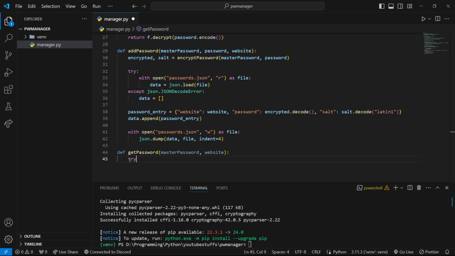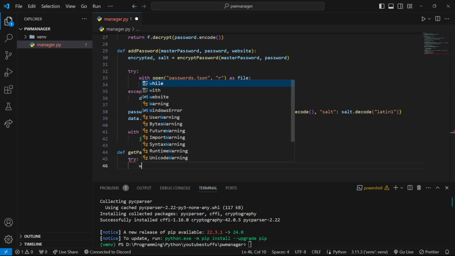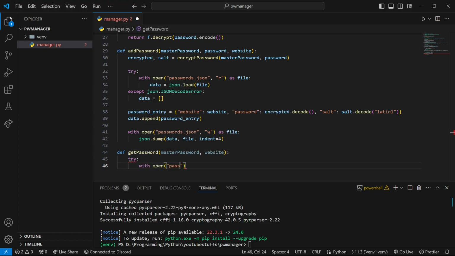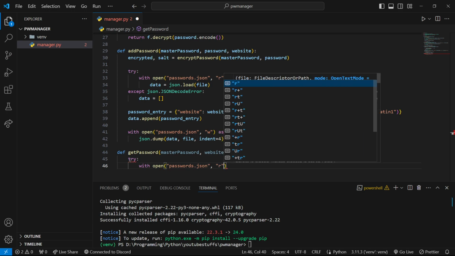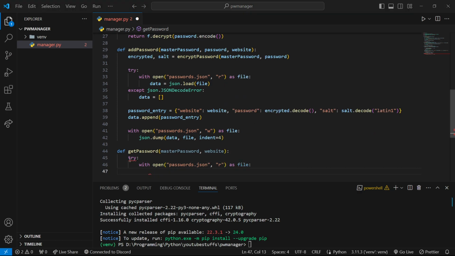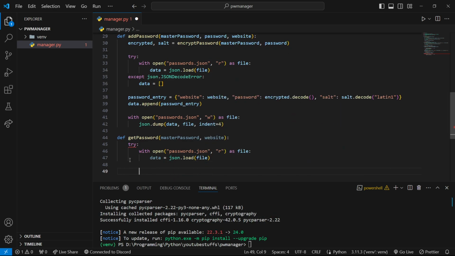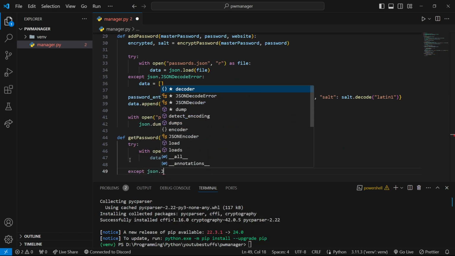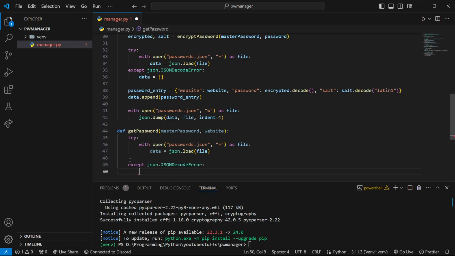For get password, we're going to try to open passwords.json in r mode as file. We want to load the data, and then we want to accept if the file does not exist or there's nothing in the file. We want to say data equals